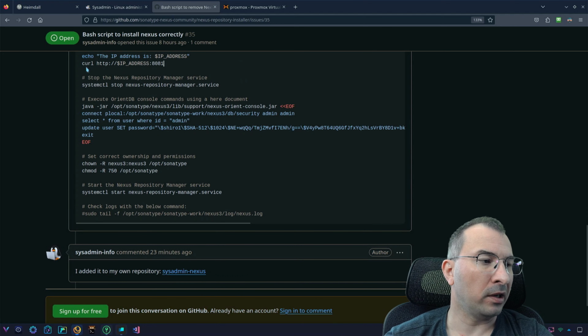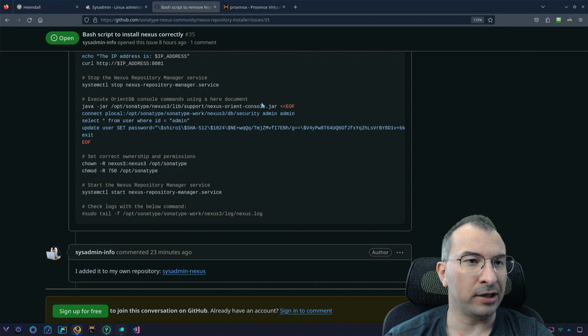Fine, it is working, so you can see the result. It is able to connect, you will see the result on the screen, and then you need to stop Nexus for a moment, this Nexus repository manager, and then you need to execute these orient console commands using a heredoc. Why? Because you need to change the default admin password that is unknown